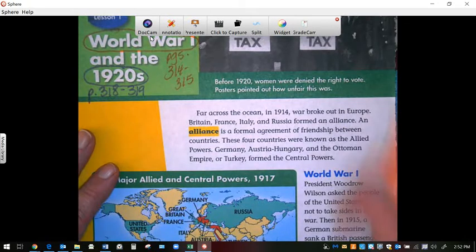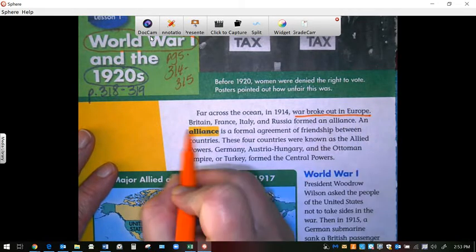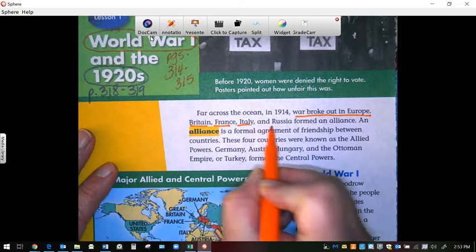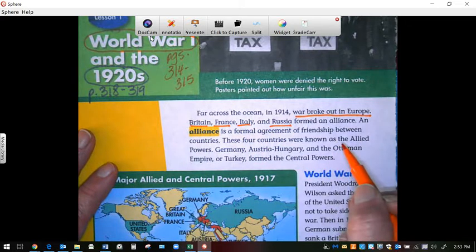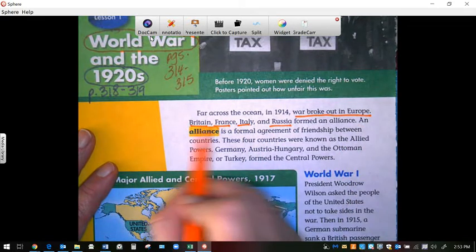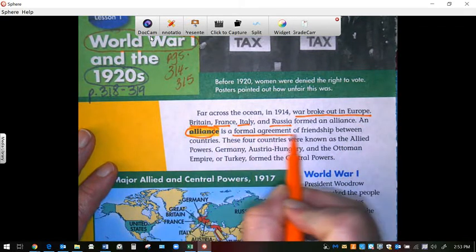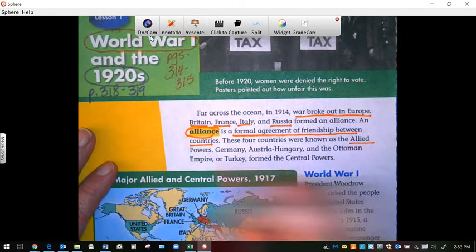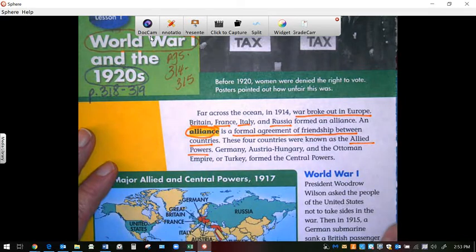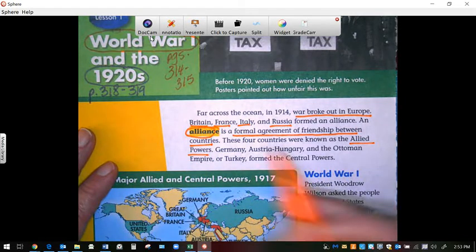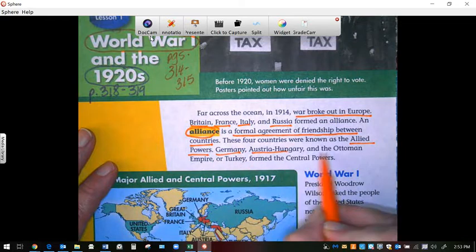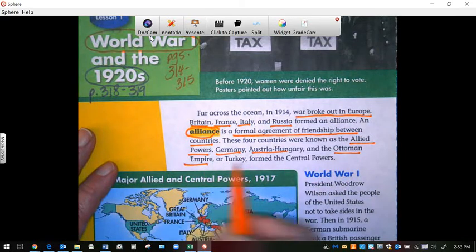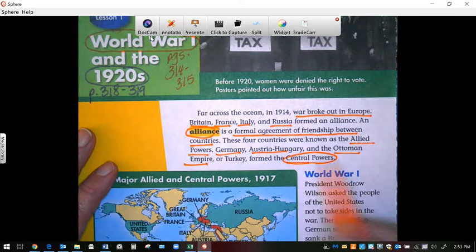Britain, France, Italy, and Russia formed an alliance. An alliance is a formal agreement of friendship between countries. These 4 countries were known as the Allied powers. Germany, Austria, Hungary, and the Ottoman Empire, or Turkey, formed the Central Powers. So we had 2